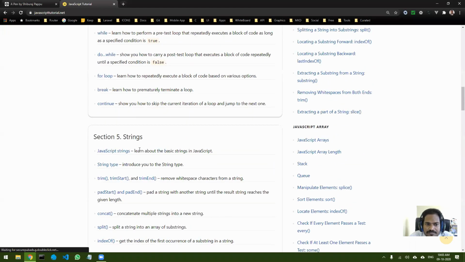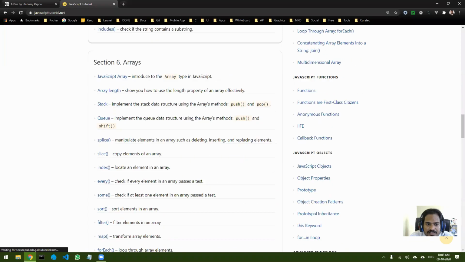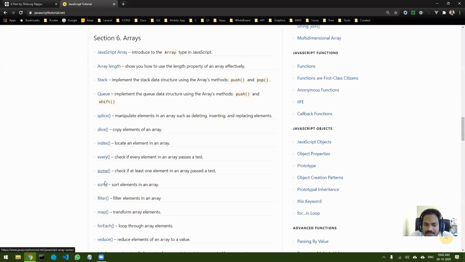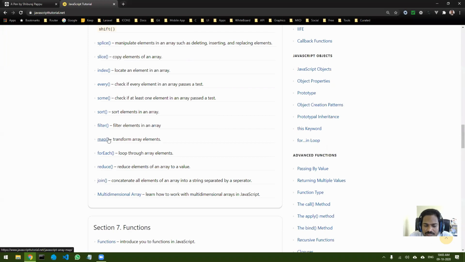For example, you can see the split command over here, that is related to strings, and you can see all the array related commands. You can see the slice and splice commands, then filter, and the map command is also very important.